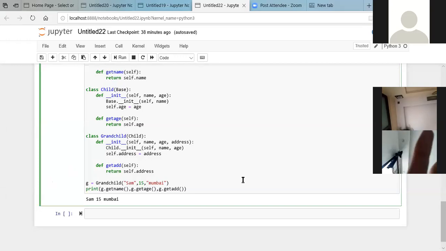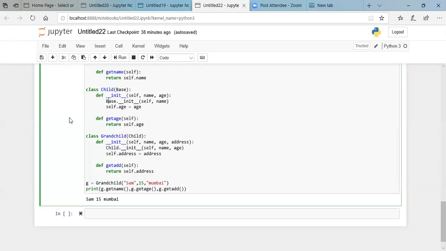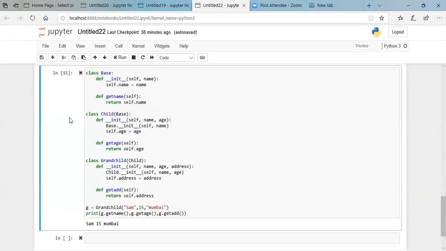Is this clear to everyone? Is this multi-level inheritance clear to everyone? In multi-level inheritance, you have more than one level. Here you have three levels: a base, a child, and a grandchild. The child is derived from the base class, and the grandchild is derived from the child class.